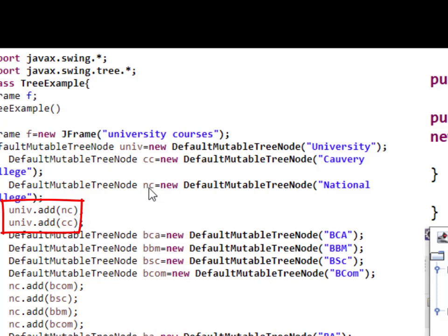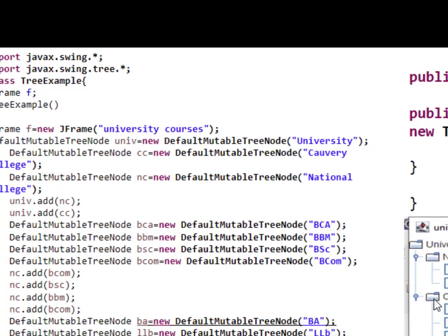NC is the child node, the National College node. Using the university node, I am also adding the Kaveri College node. So now you have created the basic hierarchy: under university you have National College and Kaveri College, two sub nodes.